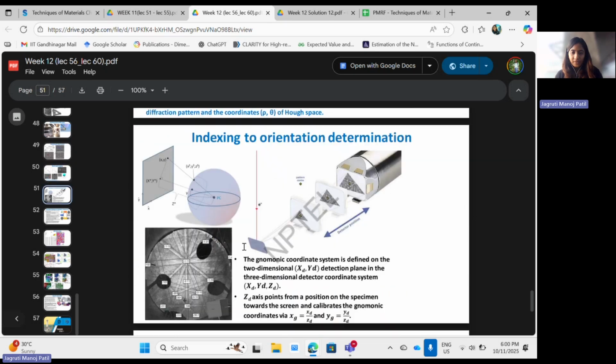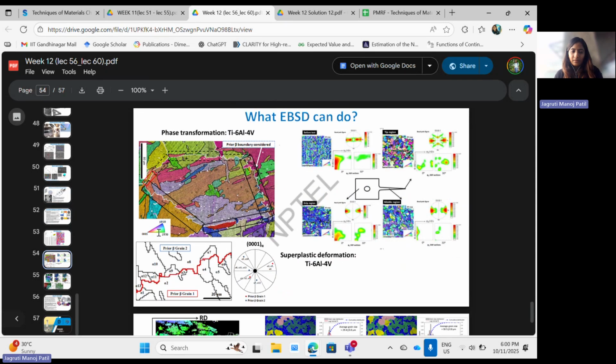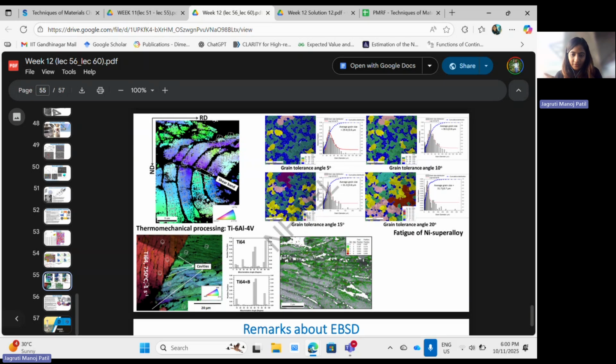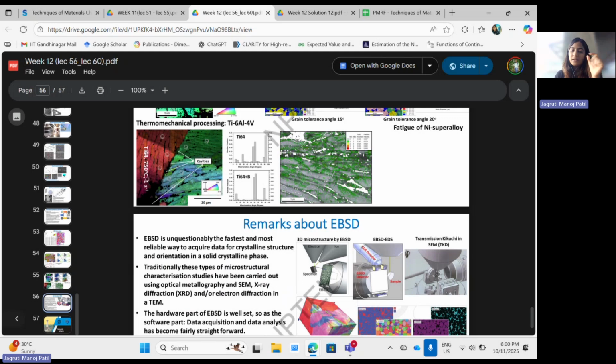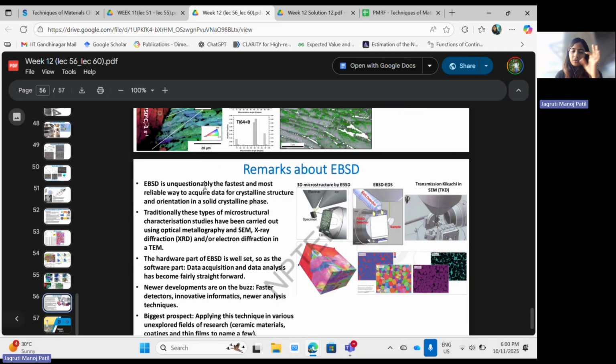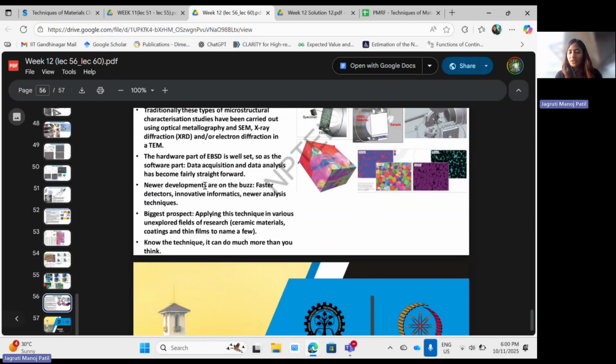Those are some Kikuchi patterns and indexings for it. You get such images from EBSD, but all you need to know is those. I don't know if they have those graphs here, but you get a graph through EBSD showing certain K alpha energy lines in the spectra with respect to the wavelength and energy, so how much energy and at which particular wavelength it was occurring. So you always have prior information about your sample. Based on that prior information, you can see that this is the energy that you have for that sample.